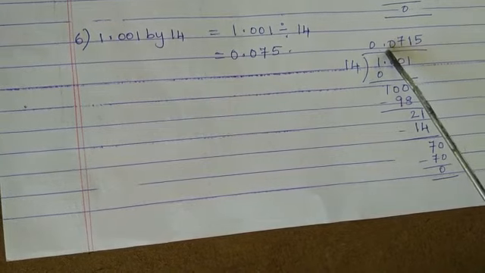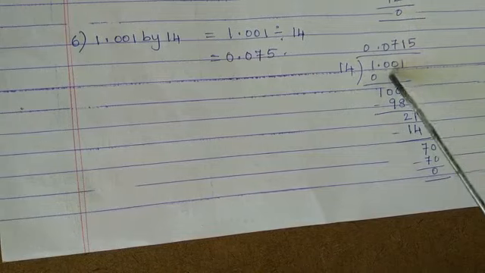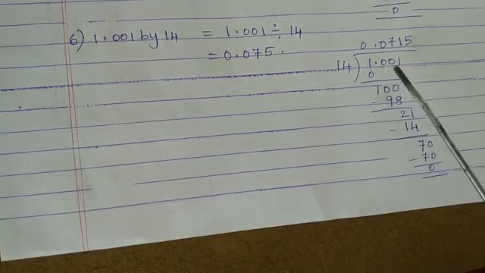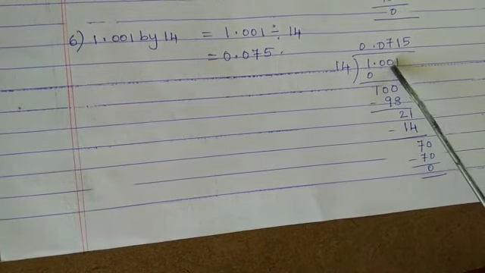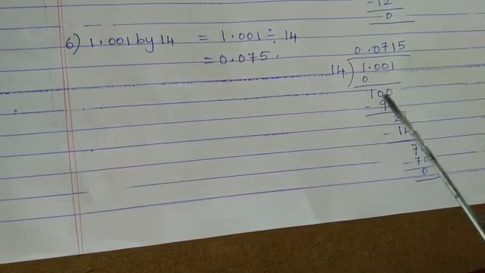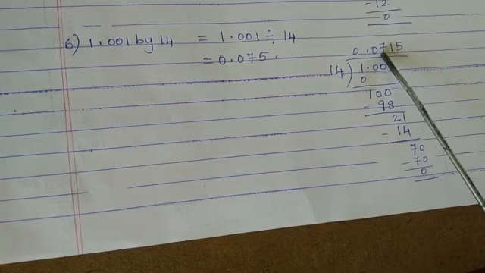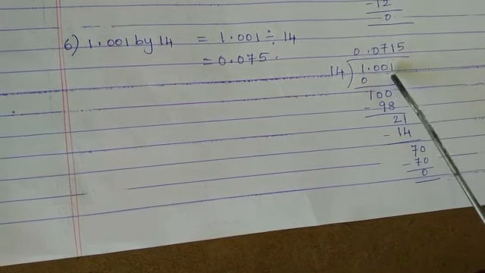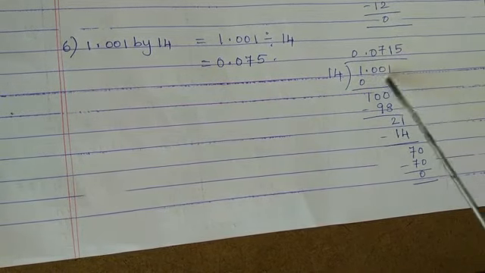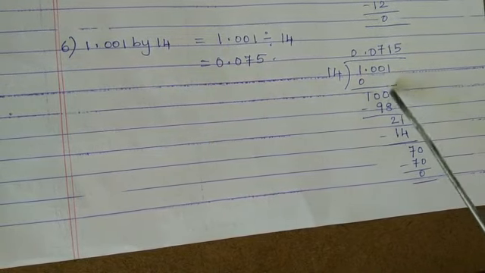So we will put a decimal point in the quotient. Then we will put 0 here. Then after taking the next digit, that is 10, it is also less than the divisor. So we take the next digit from the dividend, that is 0, so 100. Then 100 divided by 14. After this, no need to put 0 in the quotient, because after the decimal point we have to take the digits one by one. Once the first digit taken is less than the divisor, then only we put 0 here. After that we take the digits one by one.